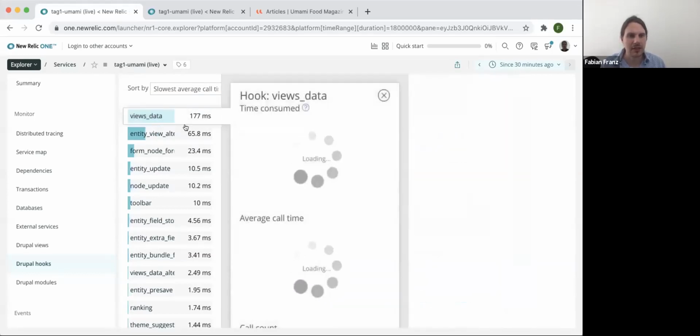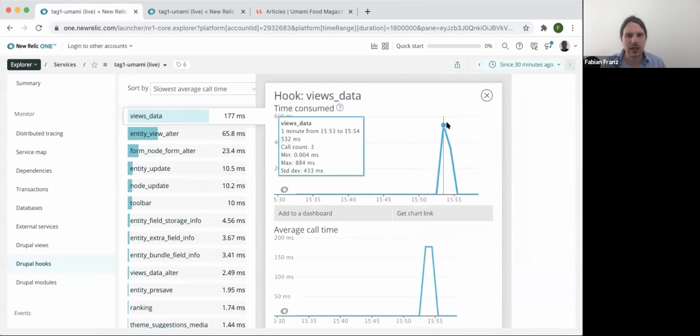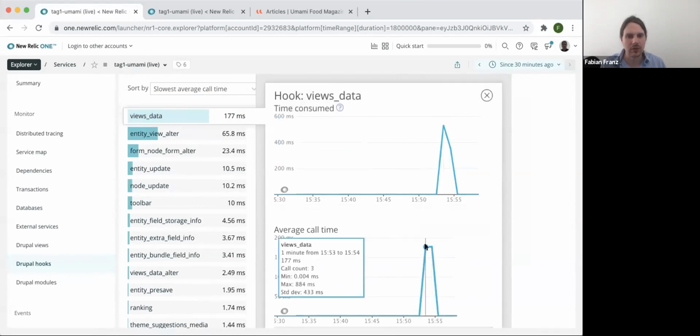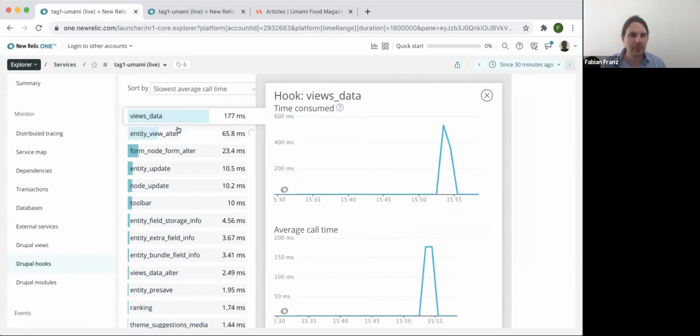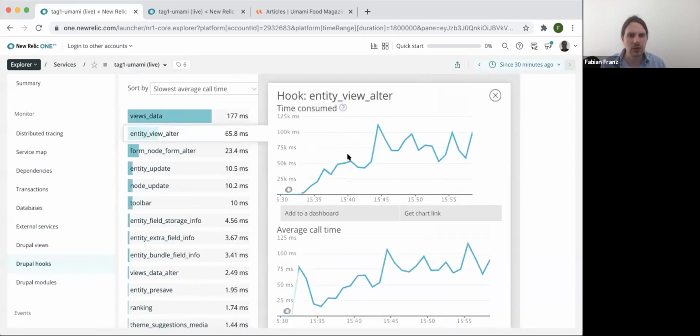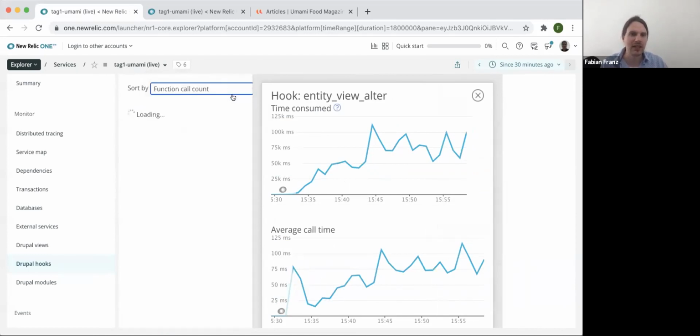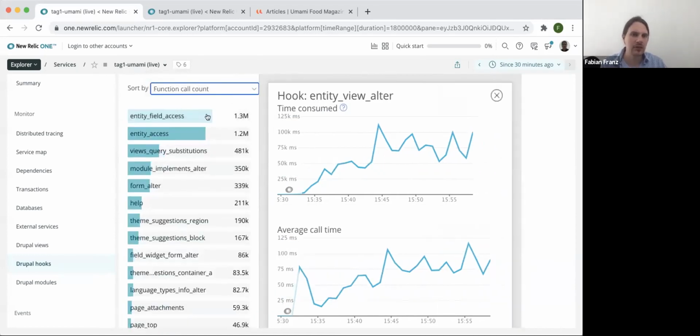Then we see the slowest average call time is the views data hook, not called a lot. That was probably just some drush or whatever, cron job. But entity view alter is also called a lot, and we know why. We know because of quick edit, because quick edit makes that slower, and this brings the average way down. Function call count, field access, entity access.